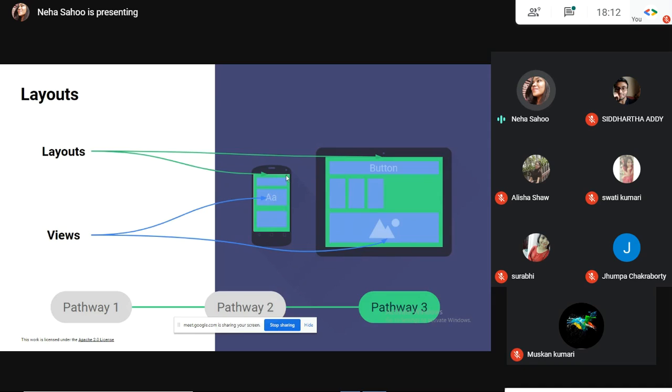And then we also have these layouts, but layouts are not UI elements. They are containers that contain these views. So you can say that these layouts are view groups. Why are we calling them view groups? Because they are the containers which contain all these views. So to sum up, layouts are view groups and views are UI elements.